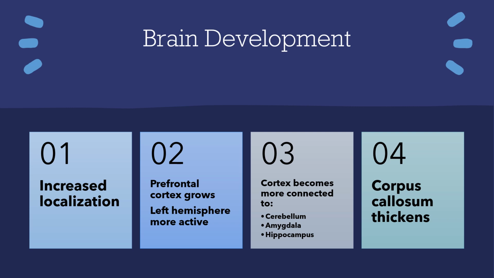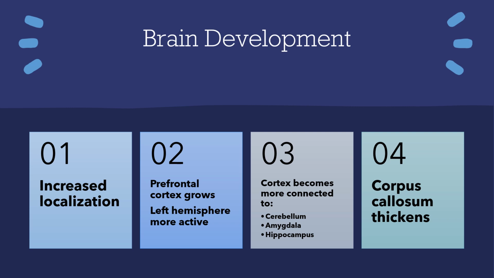You also start to get a lot more activity in the left hemisphere, which is responsible for language. So, at the end of toddlerhood, around 2, they have started acquiring words. They have a somewhat robust vocabulary, but by the end of this early childhood period, by the time they get to 7, their vocabulary will have exploded to, I think I had a number last time, like 40,000 words or something. And all of that use of language is increasing activity in the left hemisphere.